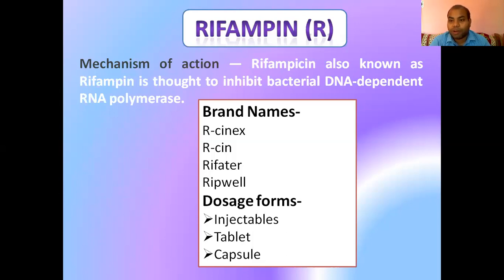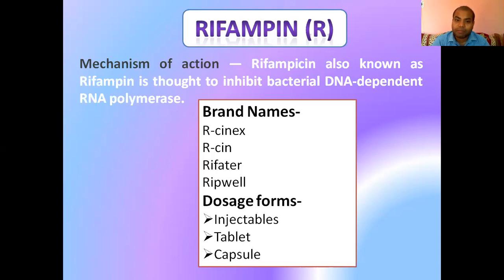Okay, so in our body, DNA is formed from DNA, but RNA also comes from DNA. The process of biosynthesis of RNA from a single DNA strand is known as transcription. So rifampicin blocks the transcription process. As a result, RNA synthesis stops. If RNA synthesis stops, then protein synthesis also stops, and without protein, bacteria cannot live. So bacterial protein synthesis generally decreases.